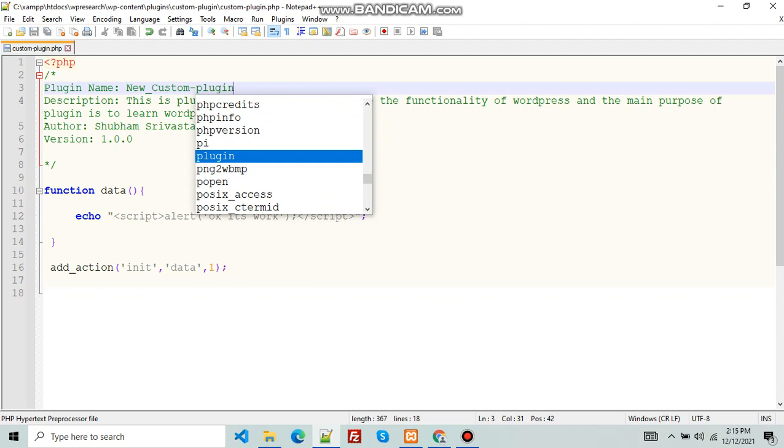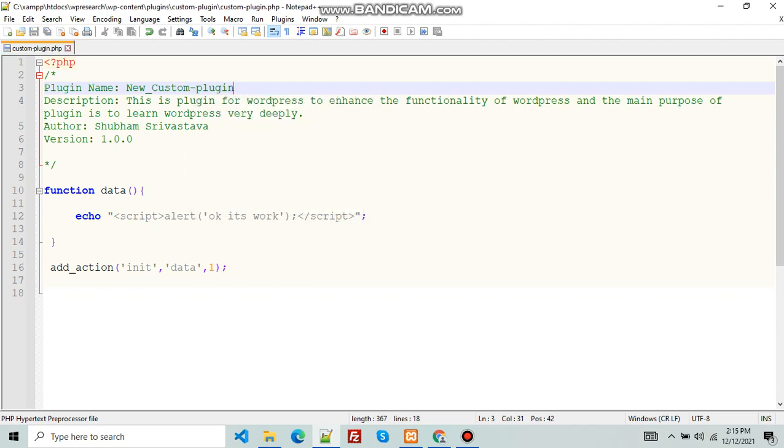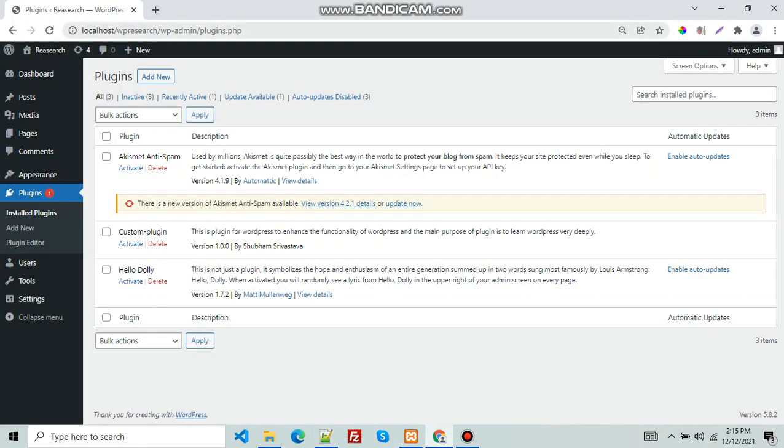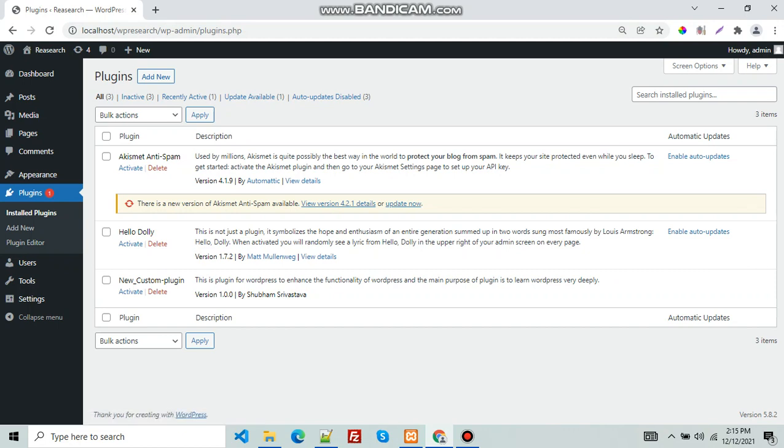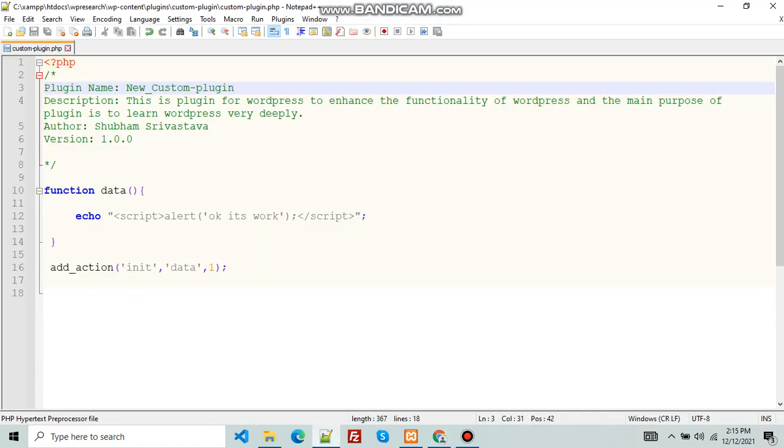Now here I have changed the name of my plugin, that is new custom plugin, and I can see that the name should also change from here, and you can see that it's new custom plugin. This is also changed here. So this is the way how we can create